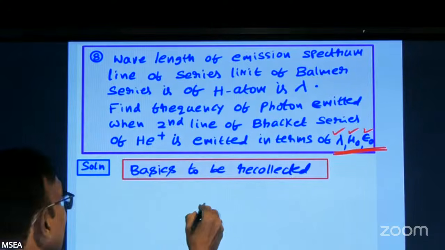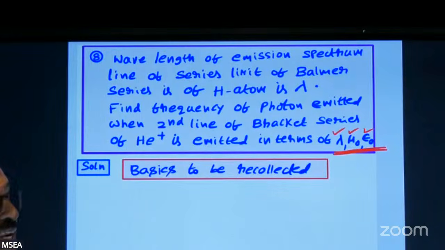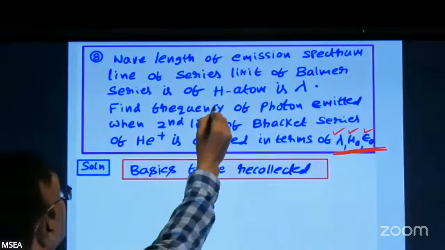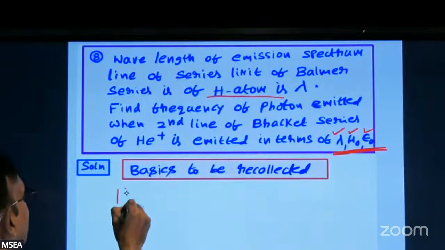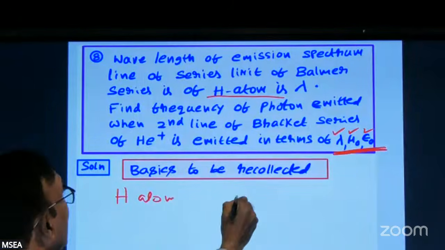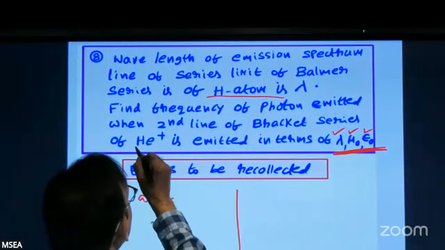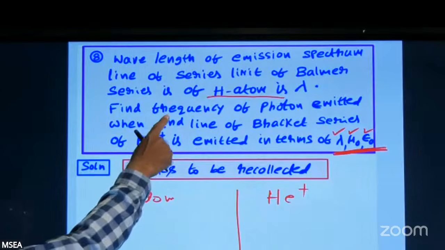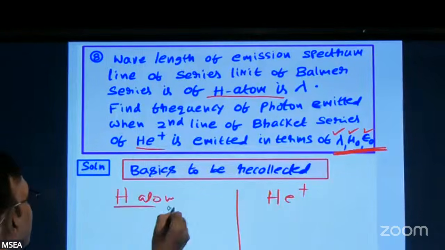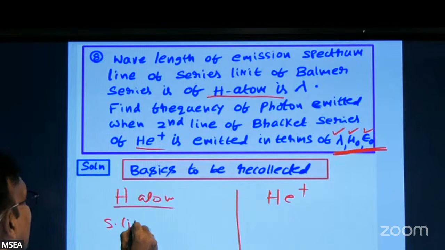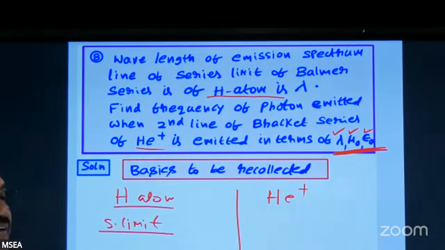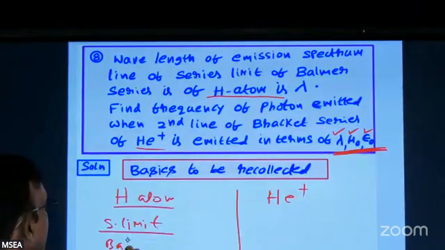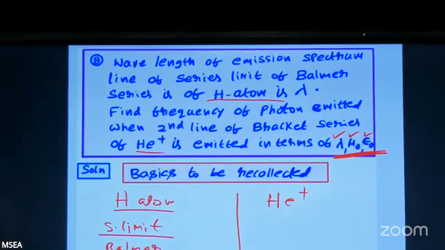See here. Now it is a simple but important comparison between the two things. In the first case, he is talking about the hydrogen atom. So this is the hydrogen atom we are dealing with here, and here we are going for the helium plus ion, a comparison of two cases. Now in the first case, he is talking about the series limit. Many times they are using this wording, series limit. That too, the series limit of Balmer series of the hydrogen atom.